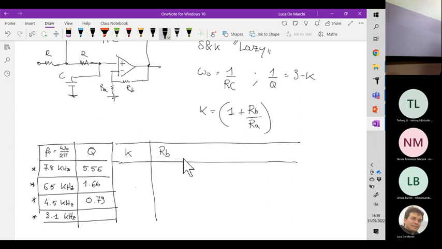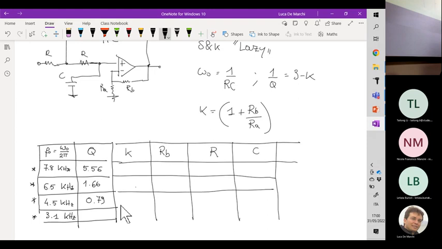Then the circuit parameters, RB, which is this resistance here, RA, which can be set arbitrarily because basically we have 2 degrees of freedom to set the value of K. Then we have to set the value of the resistance R and the value of the capacitance C. This should be done for all